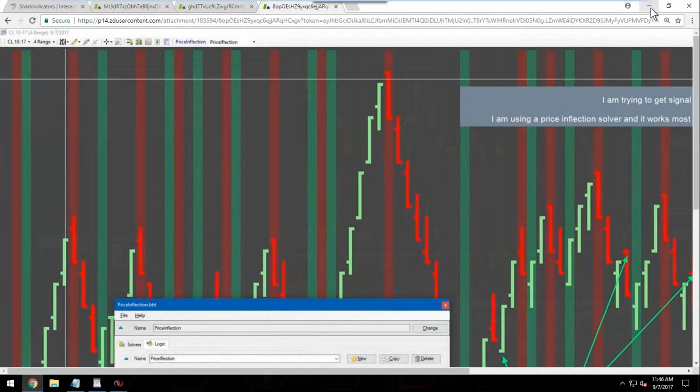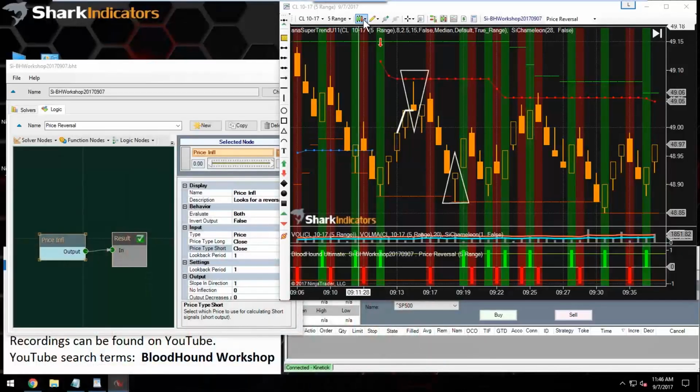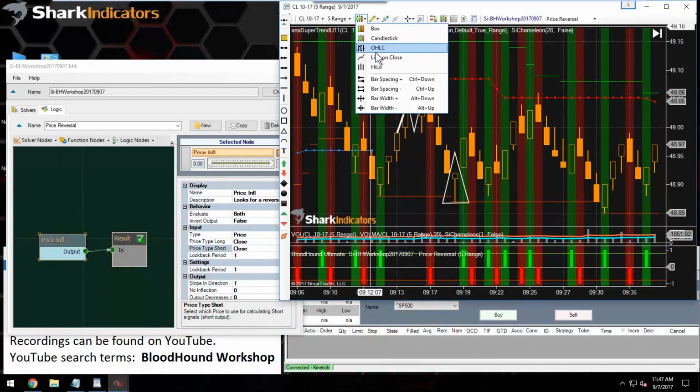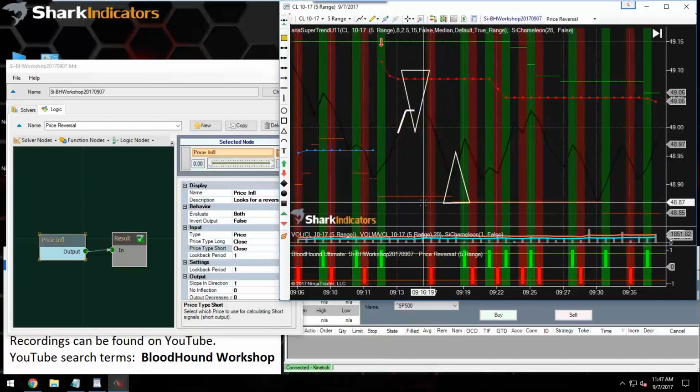I forgot, there's kind of a nickname for this type of bars, but Ninja calls them OHLC bars, basically kind of like US chart bars. The best way to look at it is to use line on close, because remember, the inflection solver is using the closing price. So if we convert our chart to draw a line on the closing price, like so,